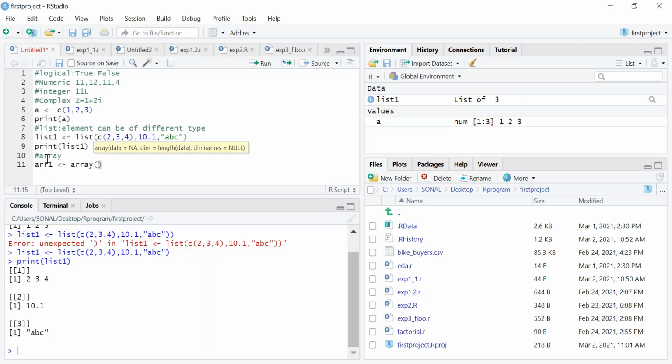An array is again a collection of a similar type of data. You can use single quotes or double quotes.